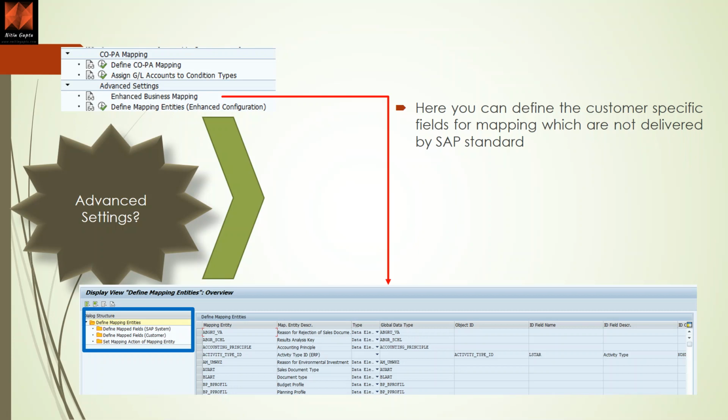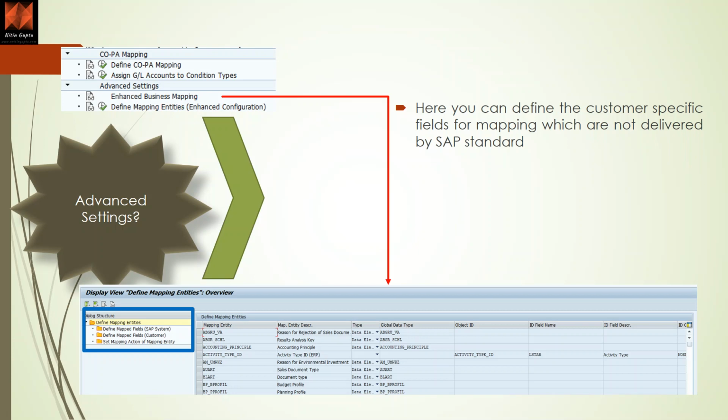Define mapped field customer. So if you see on the screen left hand side, under customer you will have your defined mapping entity. And then for that mapping entity you set the mapping action, like you set it for other standard. We have covered mapping action in the previous video. So mapping action is keep data or read mapping or clean the data, whatever mapping action you want for that field, you can do that mapping action. So that's how you can do advanced settings. This is not something where you just go and add the field as standard, rather some more work is required around this. You need to consult your web consultant, but there is a scope that it is doable.